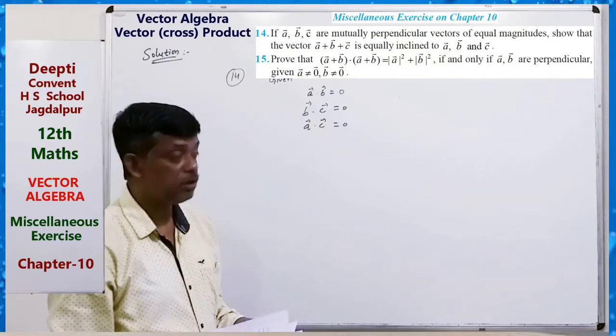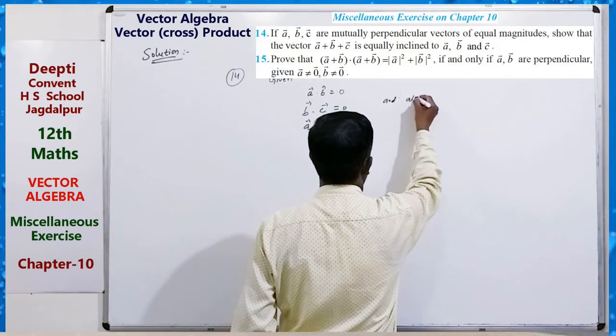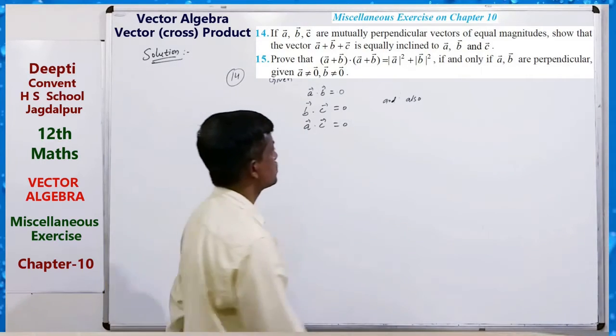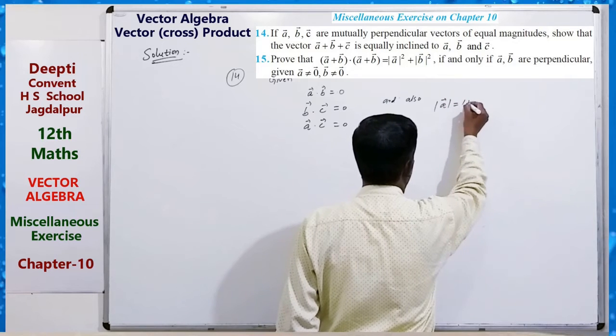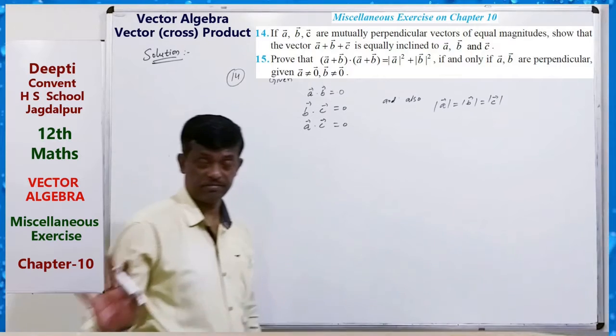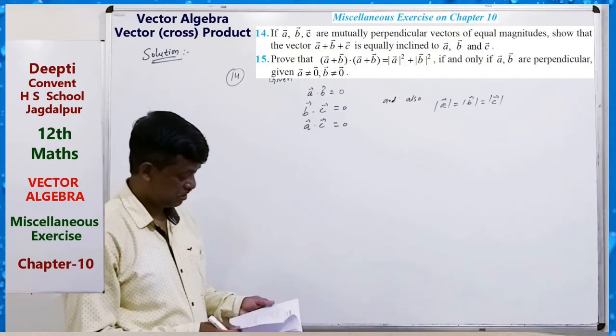And also equal magnitude, that is, mod A equals mod B equals mod C. These are given. Okay, we have to prove that A plus B plus C